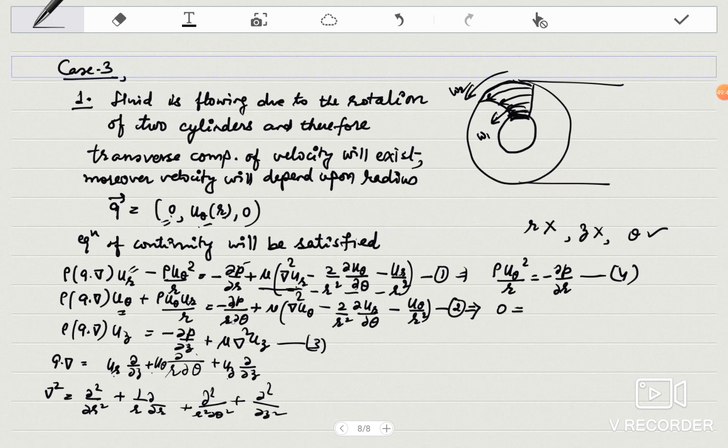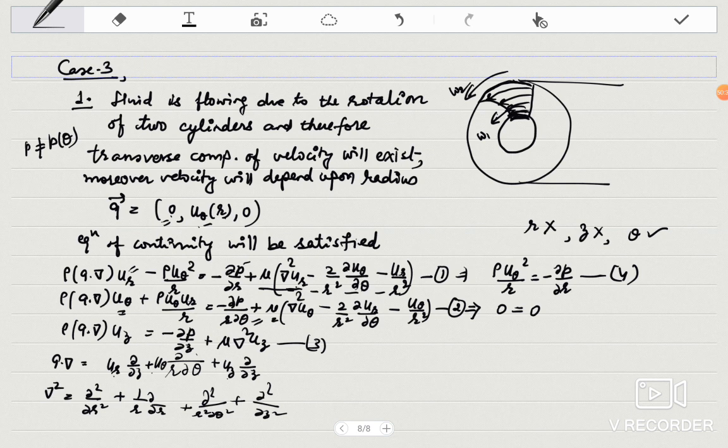Then the delta p delta theta term. Here we will take a certain assumption. We take that p will not depend upon theta, because the variation of p will be taken only with radius, not with theta. This is just our assumption that we take it to be 0. So in your assumptions you have to write that pressure is not a function of theta. In research problems you may consider p to be a function of theta as well, but in this problem p is taken to depend on r, the radius, only.